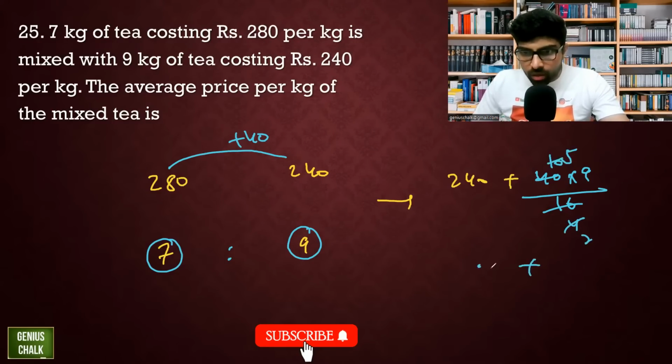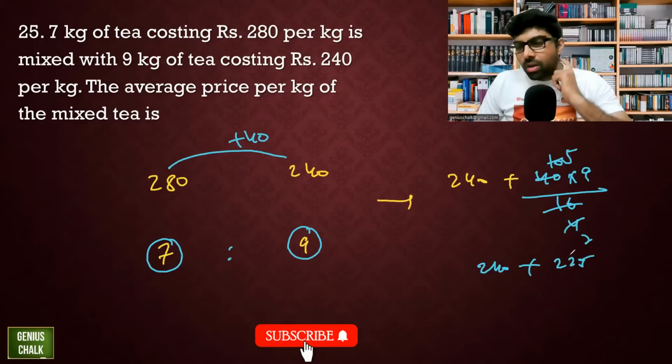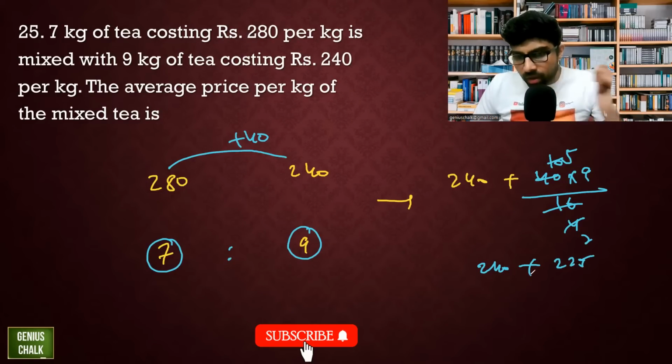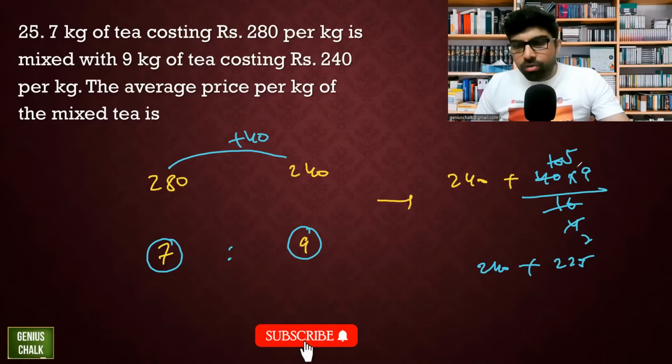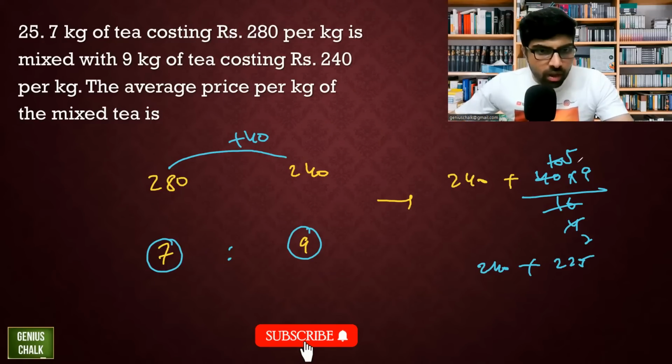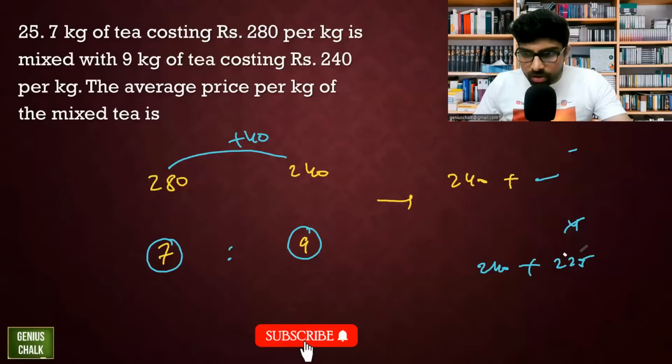So 240 plus 45 by 2, 22.5. This becomes, just a second, 9 to the 45. 40 is the extra, na? 40, acha, just a second. Here I have been mistaken. This is,